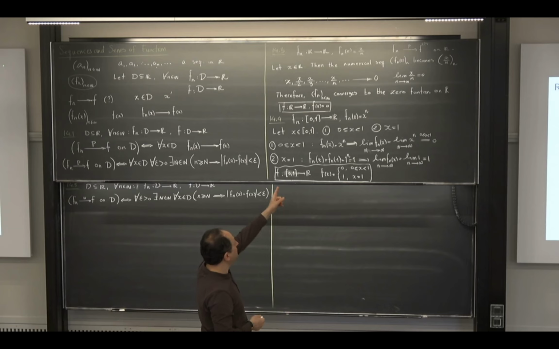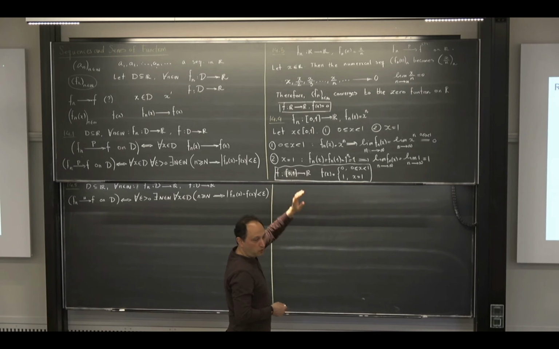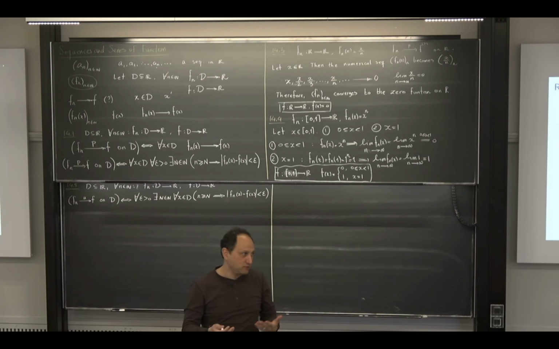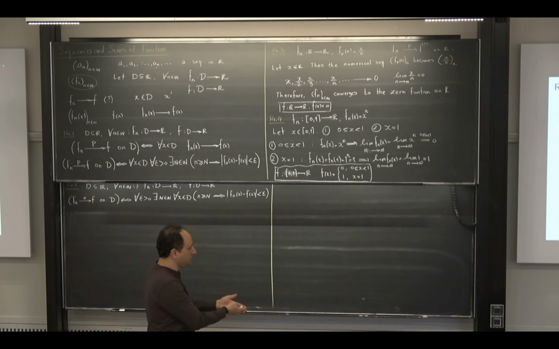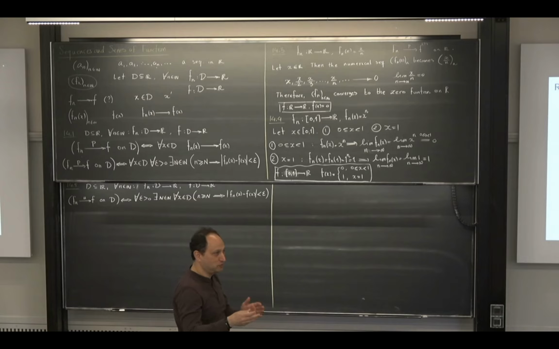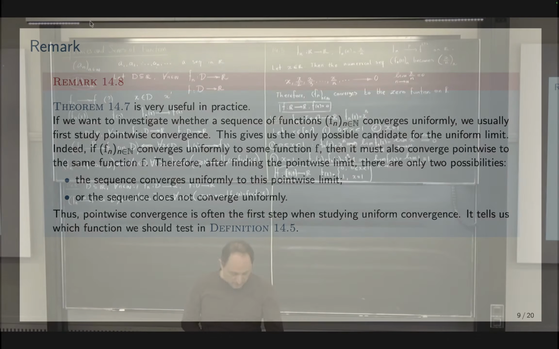But pointwise convergence is easy, hopefully you realize. So if I ask you in the exam for your opinion about whether the convergence of this sequence of functions is uniform or not, it is good to have access to the limit function if it exists. So in a scratch paper, or even in the paper, you go and do the pointwise limit and get a candidate. If it is going to be uniformly convergent, it should converge to the one with the pointwise property. Okay? So this is important to know. That's the meaning of this remark.